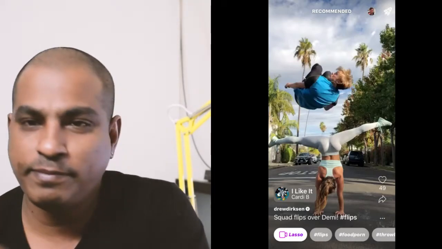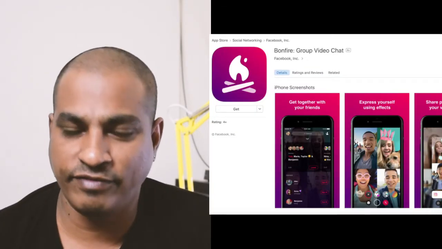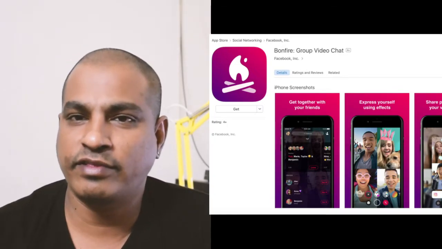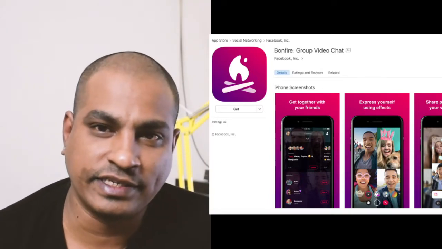The second thing that happens is Facebook launches something called Bonfire, which is a group calling feature, available in Facebook now in certain countries and certain accounts. They've also integrated it with Facebook Messenger. Now that's an interesting thing. Facebook has a lot of ongoing changes being done to Messenger,